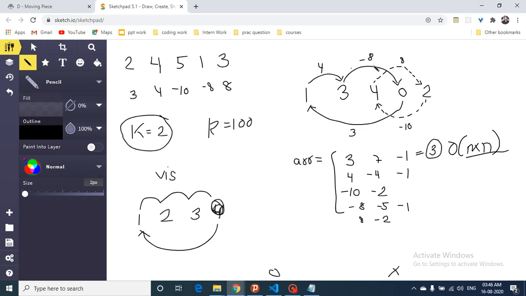Okay, so now for every complete cycle, the total increment in my total sum will be, because see, the last number will tell us the prefix sum for the whole cycle, as you can see. So now if I iterated over the whole cycle once, then my total sum will increase by -1. Then if I again iterate over the whole cycle, my total sum will increase by -2, and so on. So as you can see, the last number will tell us how much increment I will have if I iterate over the whole cycle again and again and again.